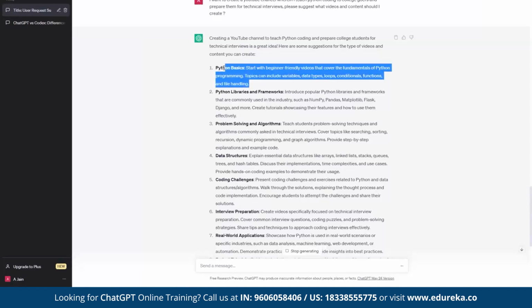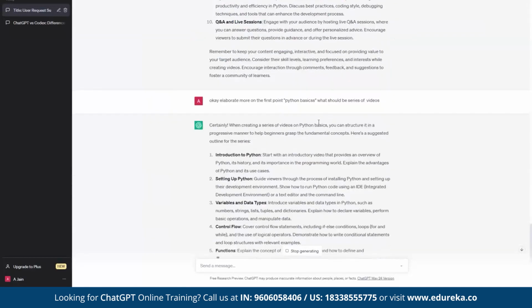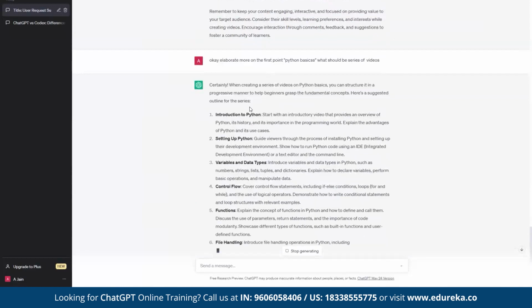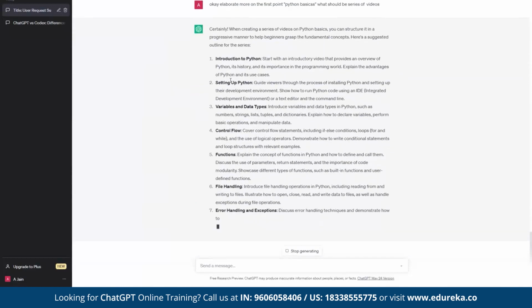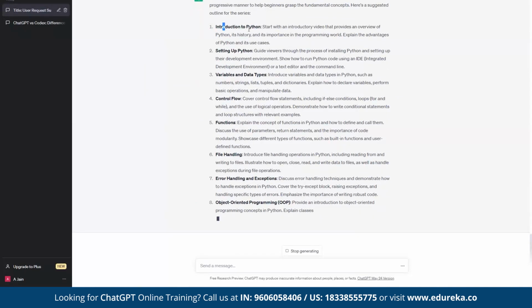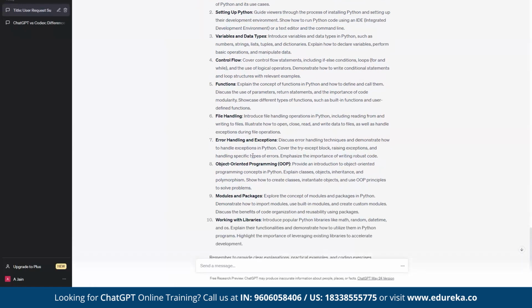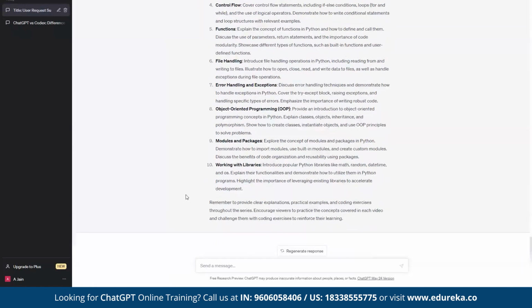In Python basics, what should I cover? Though it has given, you can include variables, data types, loops, conditionals, functions, and file handling. Let us look at that. I have asked it for more details. So you see here, it is now giving you more details inside the first point, that you can do an introduction to Python, setting up Python, variables and data types, control flow, functions, file handling, error handling. It has gone to such detail. Okay.